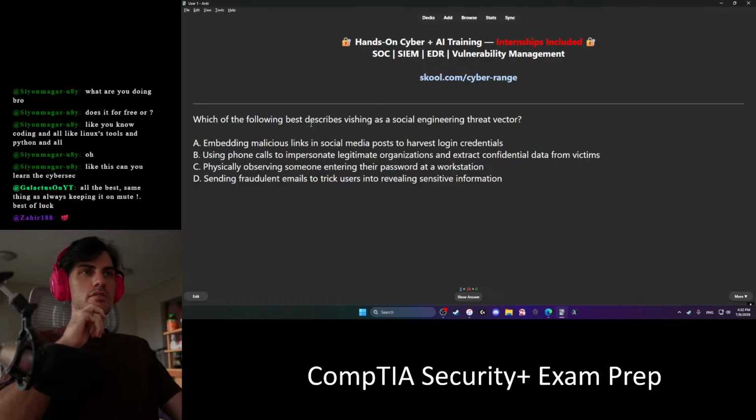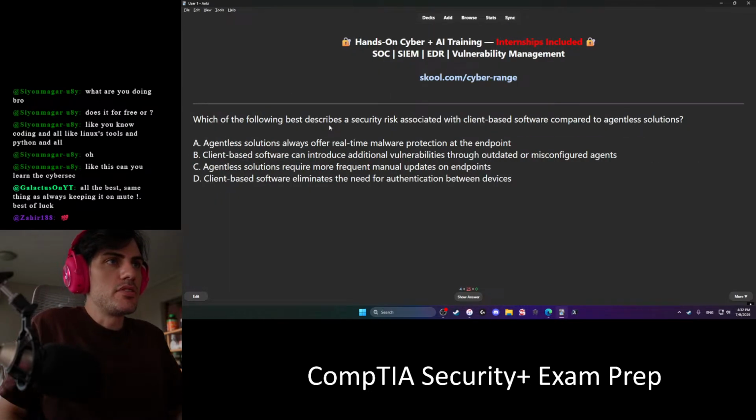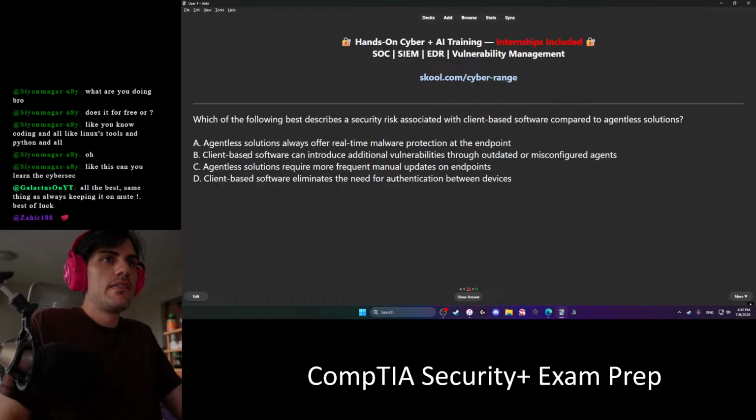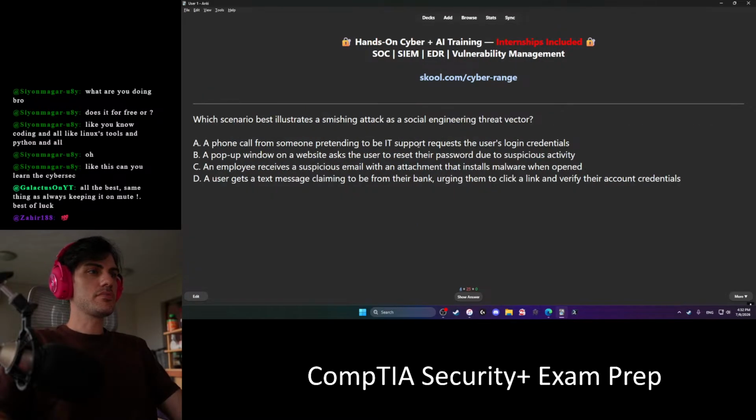Which of the following best describes vishing as a social engineering threat vector using phone call to impersonate a legitimate organization? B. Which following best describes a security risk associated with client-based software. Client-based software can introduce additional vulnerabilities through outdated or misconfigured agents. Smishing attack. Here you go. Suspicious email. Usually use text message from the bank. D.